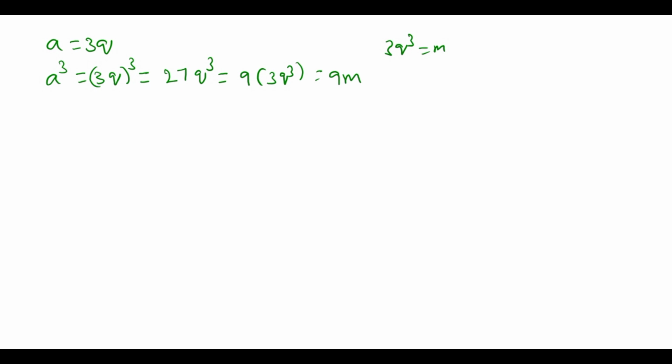And next one, case 2. In case 2 what we got here, remainder 1. So then we get here a equal to 3q plus 1. So taking cubing on both sides, a cube is equal to 3q plus 1 whole cube, okay? So then a cube is equal to 3q plus 1 whole cube.